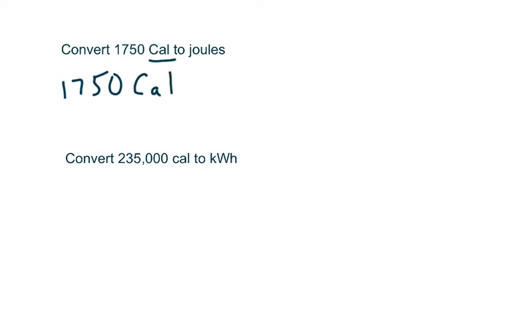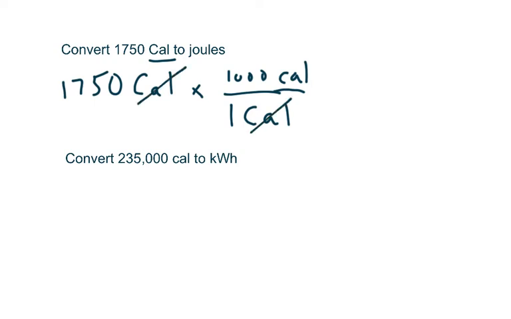So one of the things you could do right off the bat is to convert calories with a big C to calories with a little c. You see, a calorie with a big C is actually 1,000 calories with a little c, and that will allow you to cancel. So when you do the math there, when you multiply by 1,000,